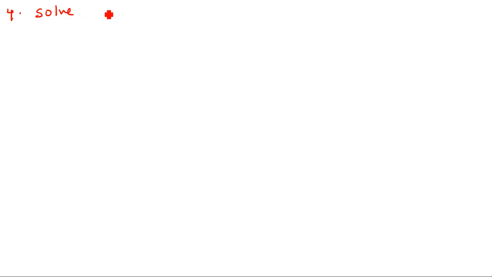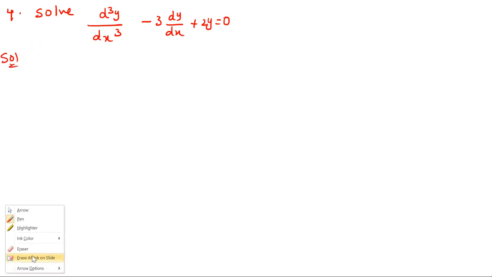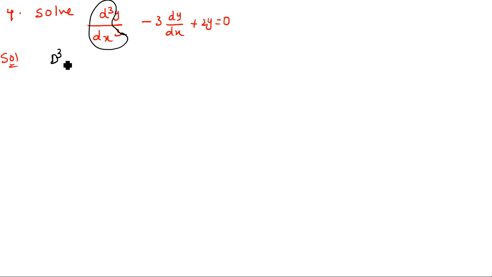Solve d cube y by dx cube minus 3 into dy by dx plus 2y equals to 0. So this is a third order differential equation. Now, how do we convert the equation into the form f of D into y equals to 0? That is D cube y minus 3 Dy plus 2y equals to 0,